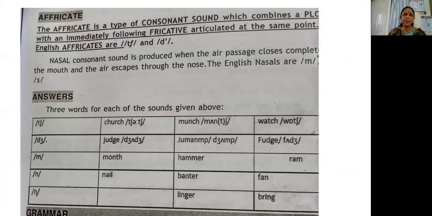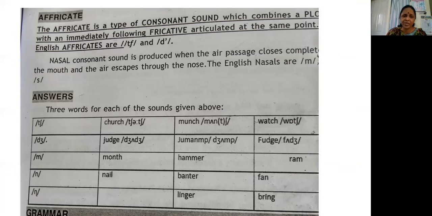Affricates combine a plosive explosion with an immediately following fricative. There are two, ch and j. You have to give examples: church, munch, watch. J: judge,